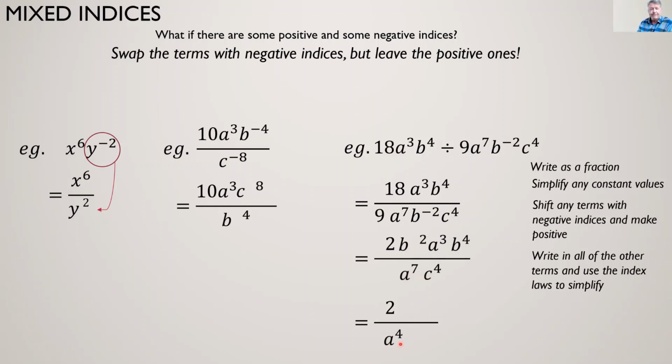What about B's? I've got B squared there, and I've got B to the power of 4 there. So no B's on the bottom. So how many B's do I have on top? 2 plus 4 is 6. And the C's, well, there's no C's on top. I've only got the 4 C's on the bottom. So C to the power 4 comes down the bottom. That's it. Once it's written as a fraction, all you're doing is collecting all similar things together